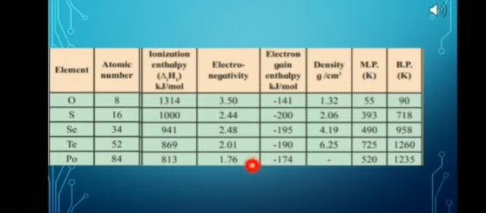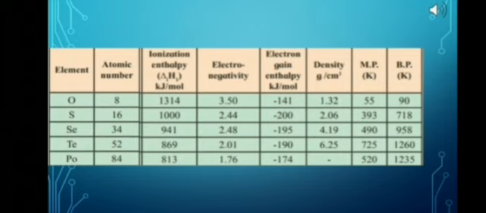Now, if you see the density, the density of group 16 elements increases on moving down the group. This is due to less increase of size with reference to their atomic masses. On moving down the group, van der Waals force of attraction between the molecules is more, and therefore the lattice becomes more compact, hence density increases down the group.